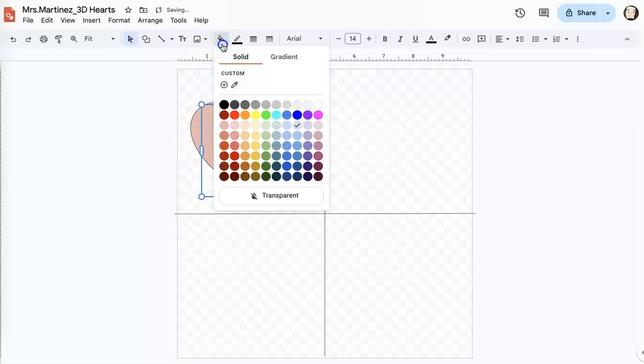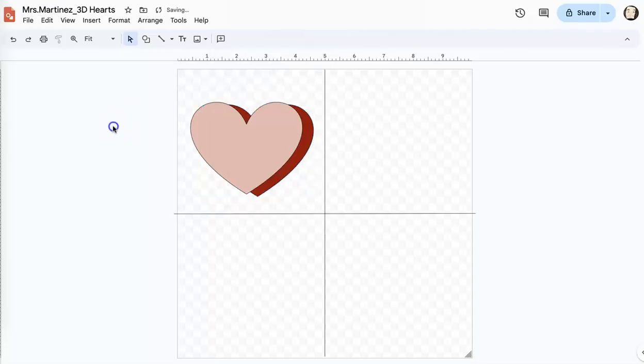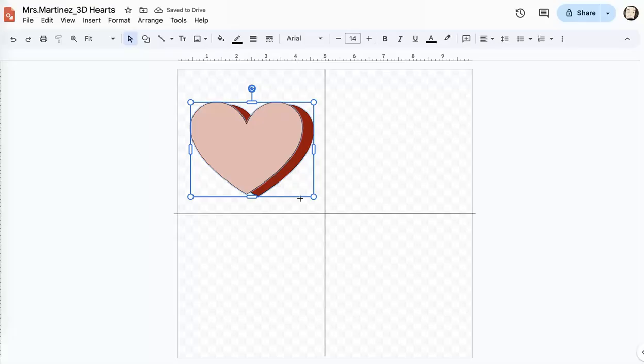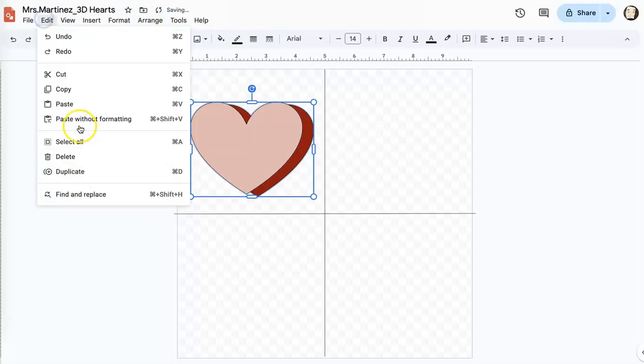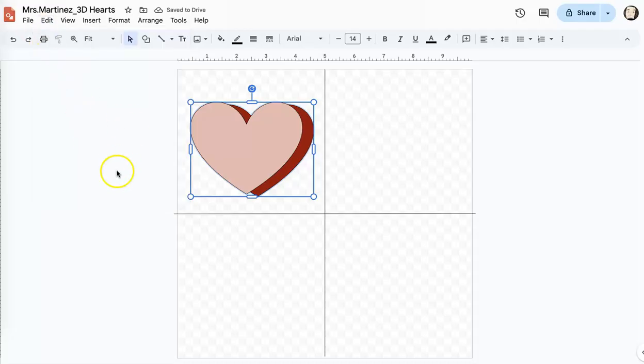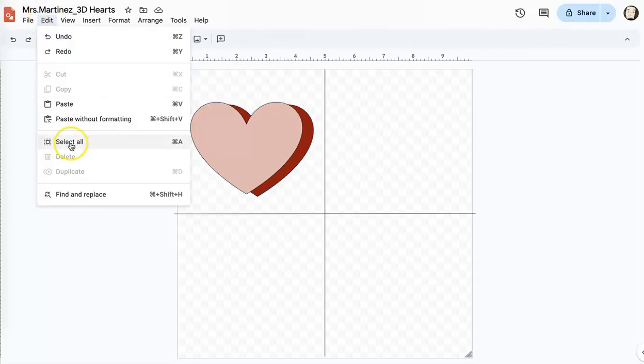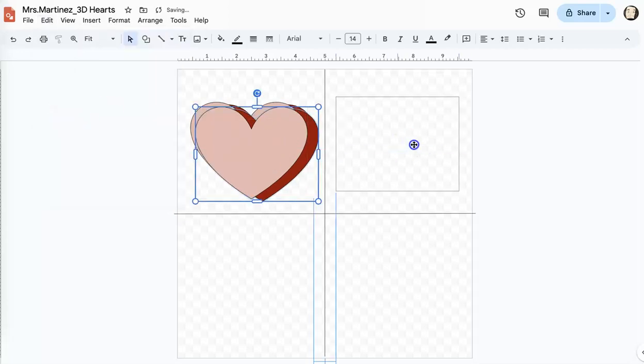Now I'm going to select both of these hearts and I'm going to group them. So I'm going to go to Arrange, Group. So now they are one shape. I'm going to copy that shape 3 times, and then I'm going to place the heart in each square. So I've got 4 hearts,